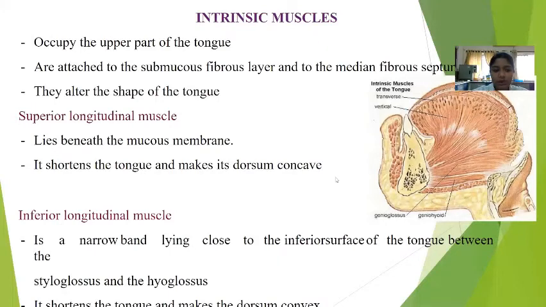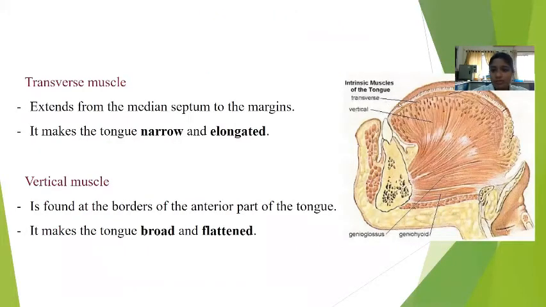Inferior longitudinal muscle is a narrow band lying close to the inferior surface of the tongue between the styloglossus and the hyoglossus. It shortens the tongue and makes the dorsum convex. Transverse muscle extends from the median septum to the margins. It makes the tongue narrow and